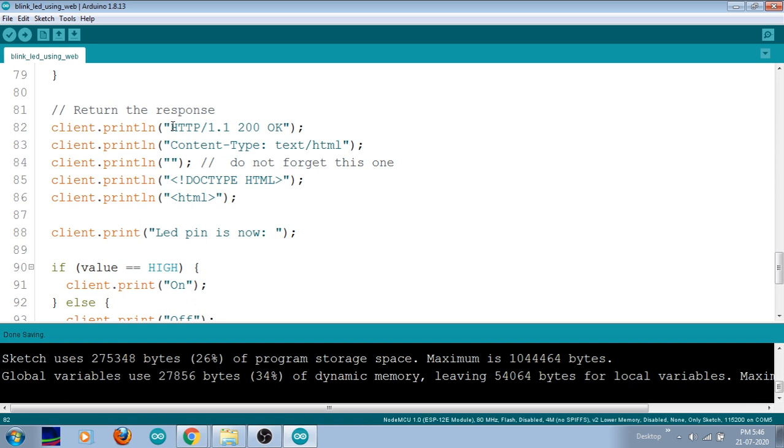And once my one execution is completed, I have to disconnect my client, otherwise the client may be continuously turning on and off, right? So for ensuring that there is only a one-time command, I'm disconnecting my client. So the client has to be disconnected, and with serial.println, I'm mentioning it in the serial monitor. Okay, so this is how it works. Now we will upload this code and we will see how it operates. For uploading, you just press Ctrl U.